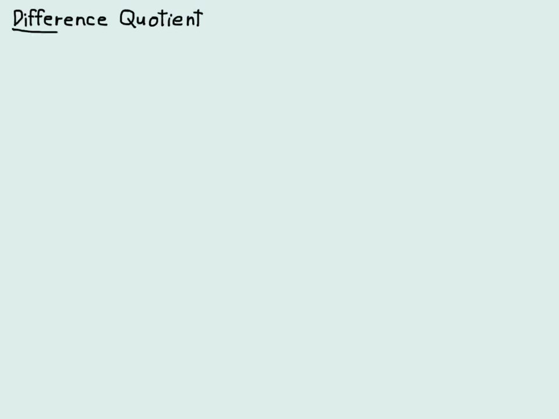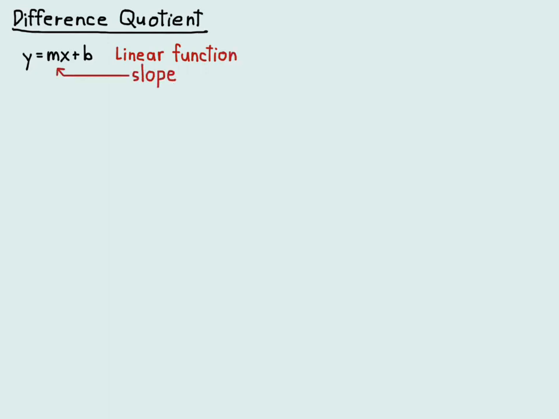So in this video, we're going to start our discussion of the difference quotient. The difference quotient you've probably seen before. It comes from the equation for the slope of a line. So if you have a linear function y equals mx plus b, the slope is m, and maybe you remember